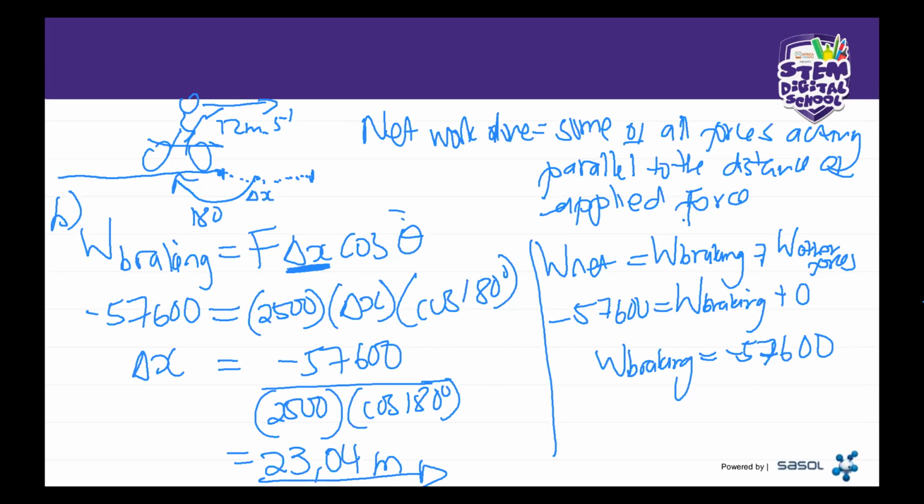But in this case, we do not have other forces that were given to us. We only have the braking force that was given. So that's why it will be equal to the net force. So the net force is equal to the braking force, okay? And then once you get your braking force, now you can use the formula. Remember I mentioned earlier on that your formula depends on what is given. In this case, you're looking for the distance. If you're going to look for the distance, then you have to use this formula right there, because the one of the kinetic energy does not have distance, okay?